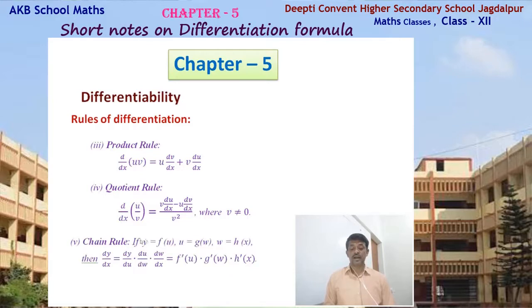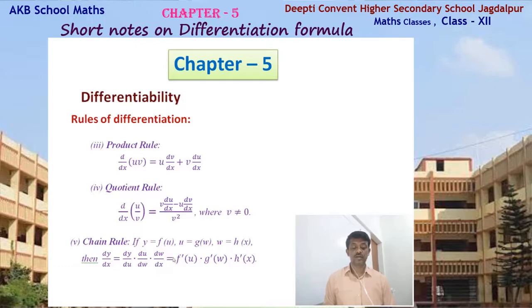And also the chain rule. y equals f(u) and u is a function of w and also w is a function of x. Then how can we write the derivative? Finally in the form of x. First of all, here three functions are there, so you have to write three derivatives. How? First dy, and dx in the last denominator.